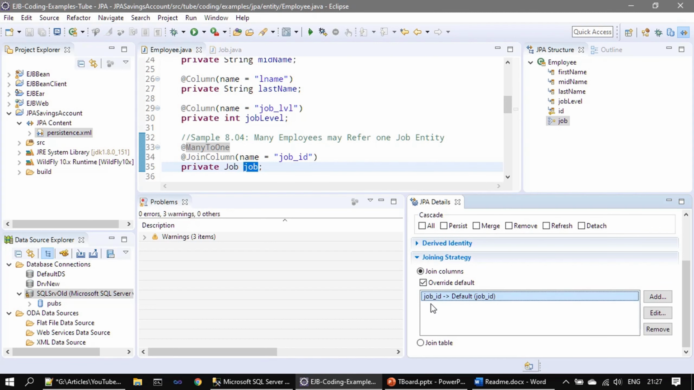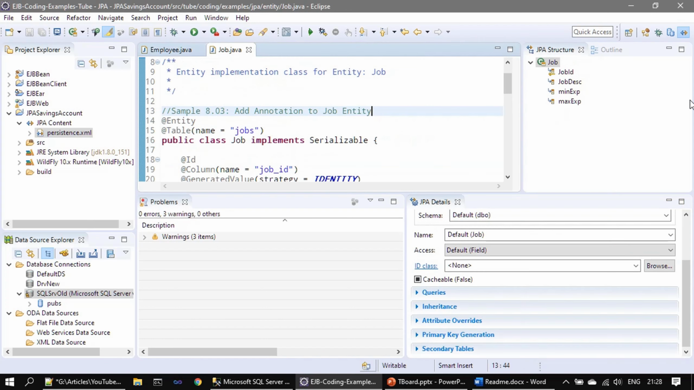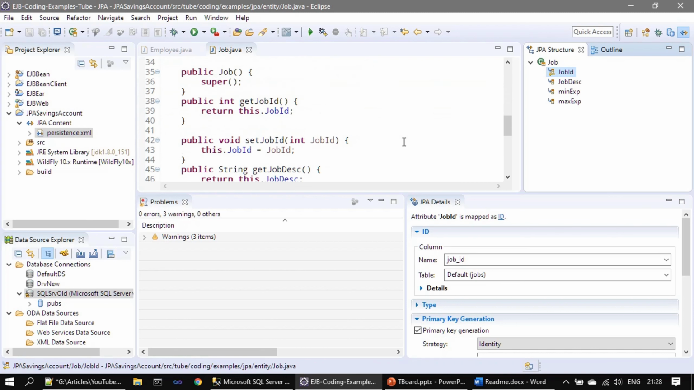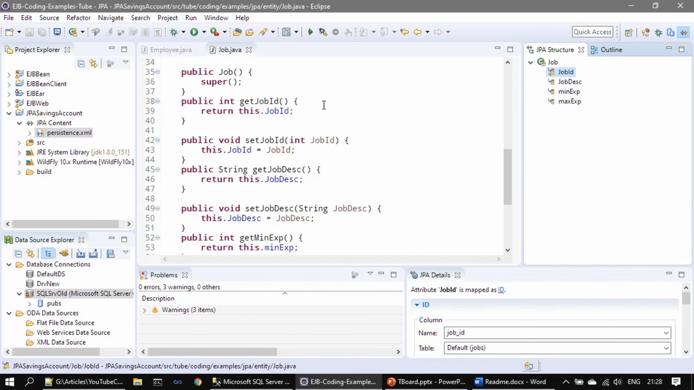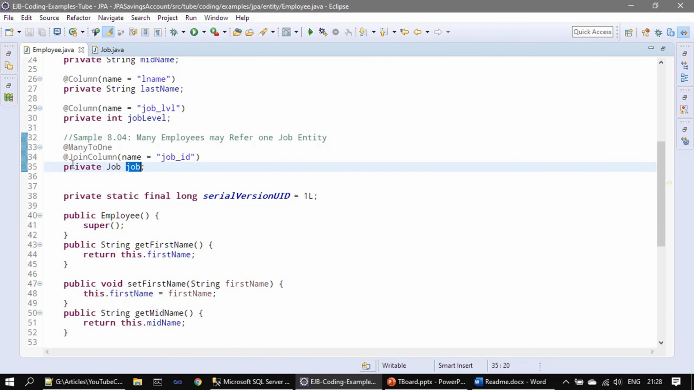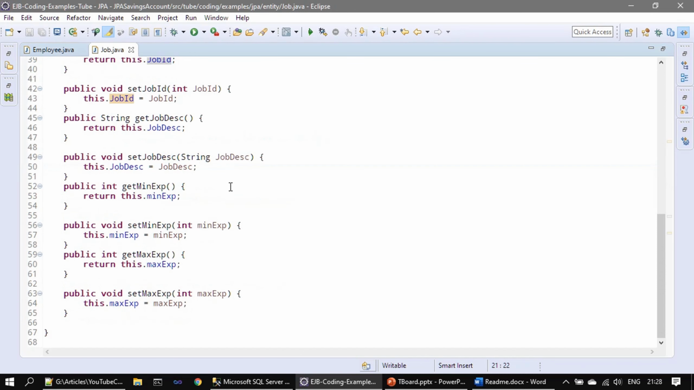Also here, the source join column is the job ID database field, and the target is the default job ID. That means by default it will go and pick the key column and join there. Now we are in the job entity. In the employee entity, the containment is a single job entity, but here in job,